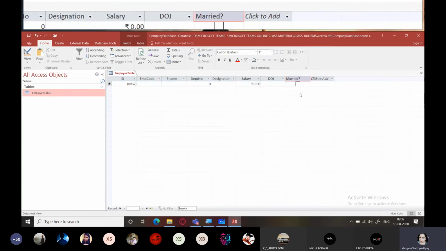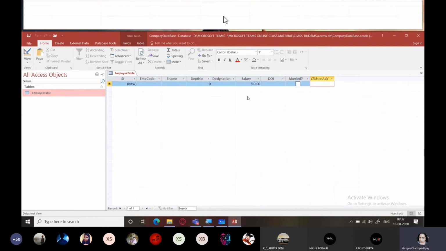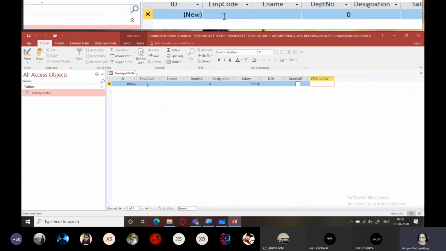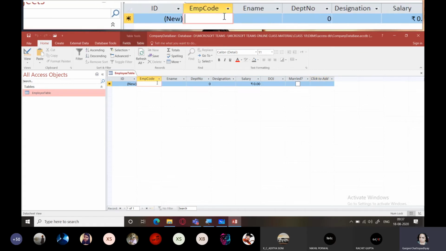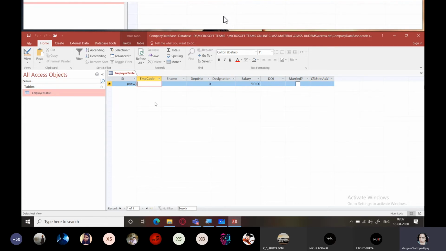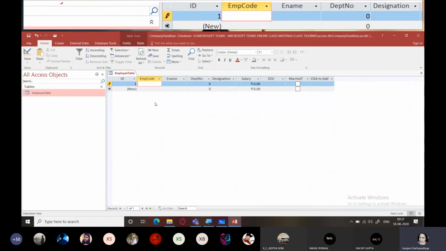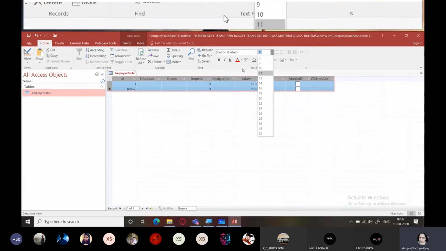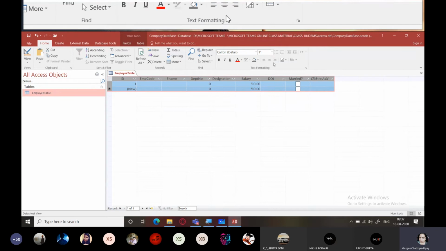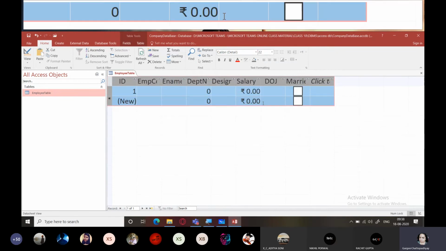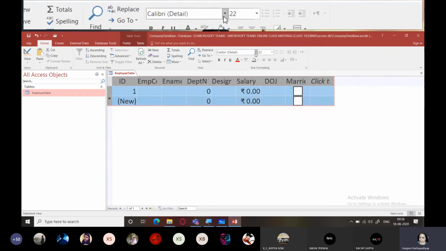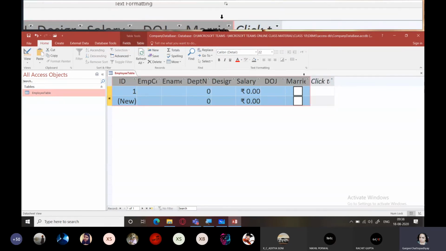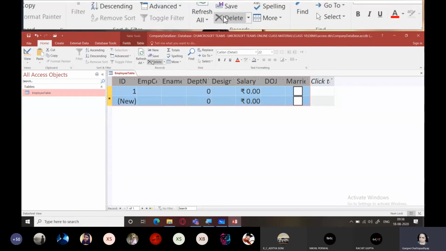I'm going to add another field here, a yes no field. Married or not. Okay, if the person will be married, a check will be there, you'll see in a short while how data is entered. Now I'm going to enter the first data. So I'm going to click on this EMP code and just watch here. Let me increase the font size, students, and select this entire table. And from here, from the home tab, text formatting group, you can change the font specifications. Is it visible to everyone now? Can you see, all of you? Yes, ma'am. Let me just increase the, 1 second.